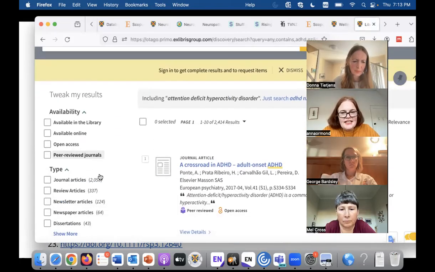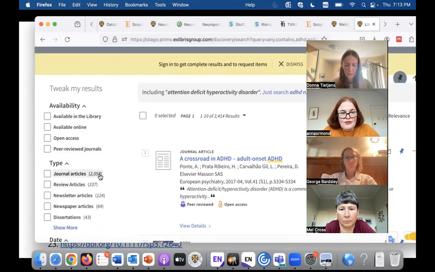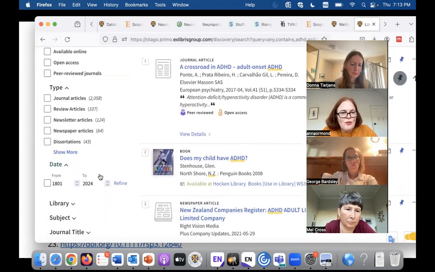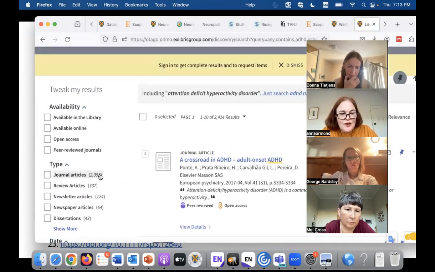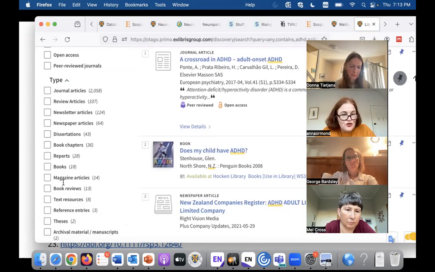Now, it says at the top line, it's searching everything. So what we're looking at here is you'll see a whole lot of lists on the left-hand side under tweak my results. So at the moment, we're looking at everything that's available in the library, online, open access. We're looking at journal articles, review articles, and then under show more, we've got books, audio, book reviews, book chapters, all sorts of types of references there. And if Donna could scroll down, we'll see some other